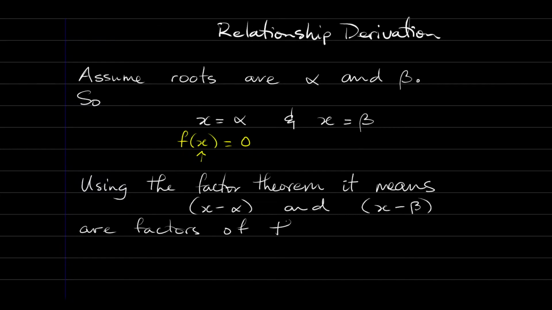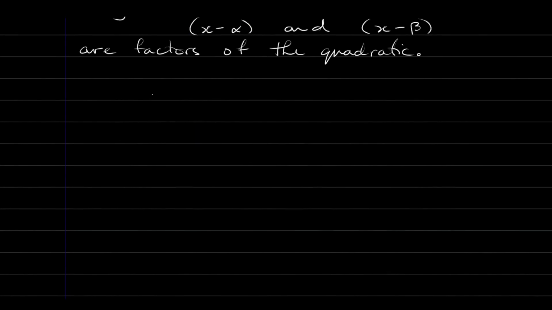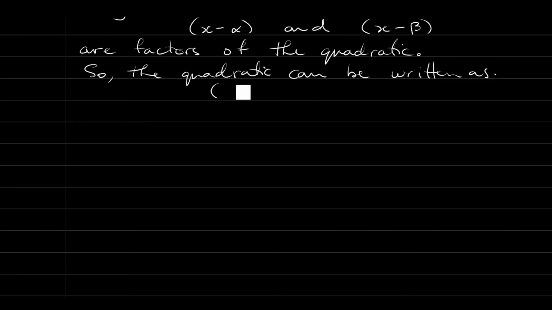And the quadratic, therefore, can then be written as x minus alpha and x minus beta, put equal